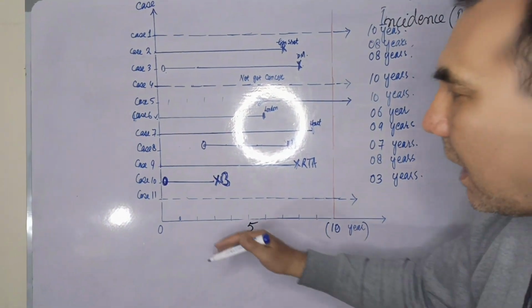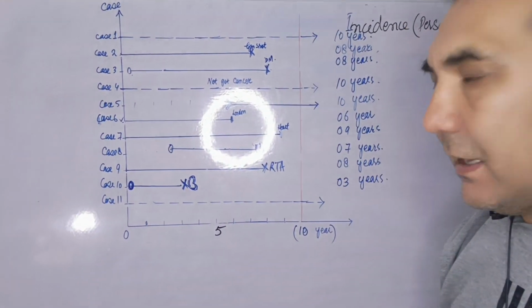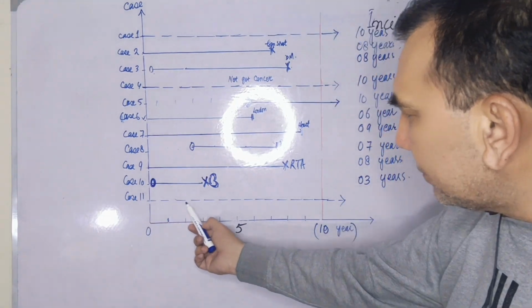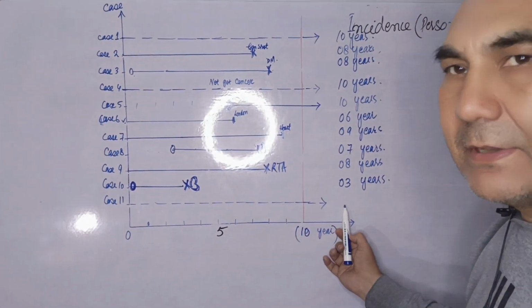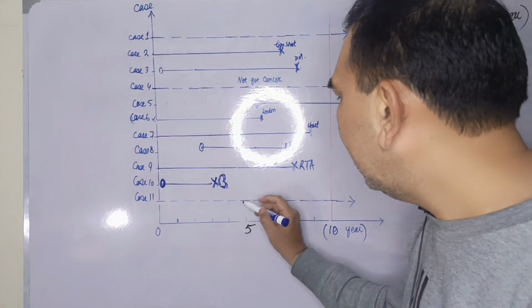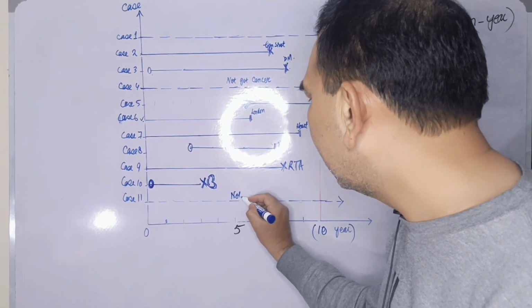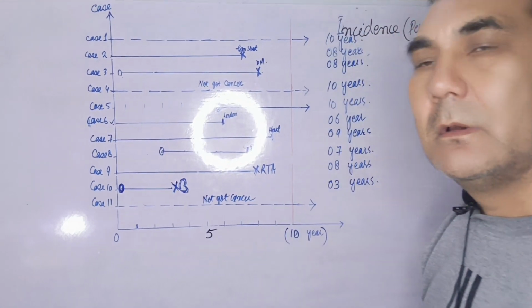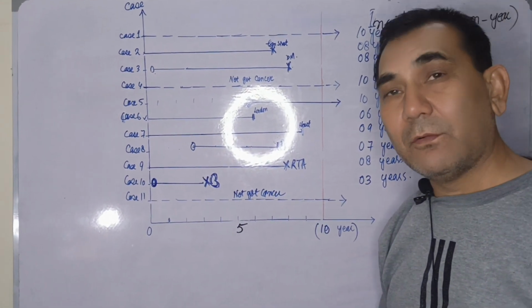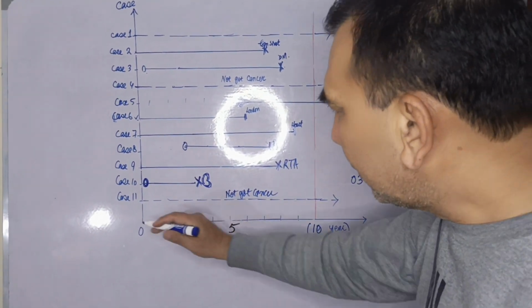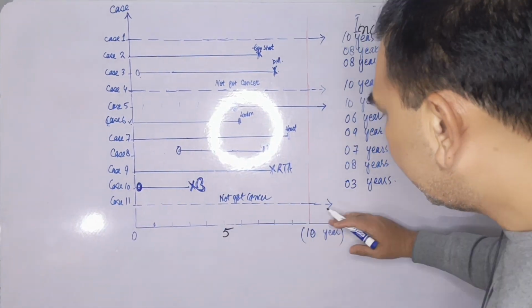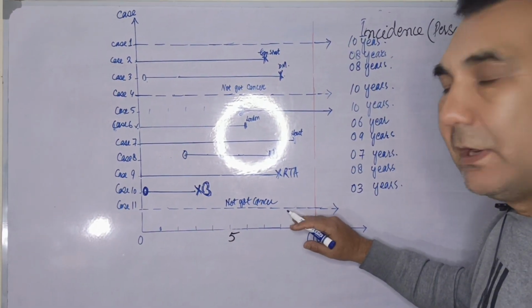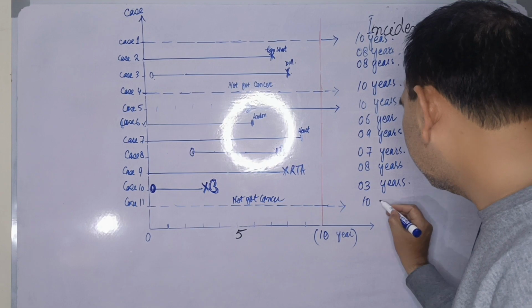Okay, in the case of number 11, again, he remains exposed to the high risk, but he didn't get the cancer, but he remained at high risk of getting the cancer. So the person years in case number 11 is 10 years. Okay,